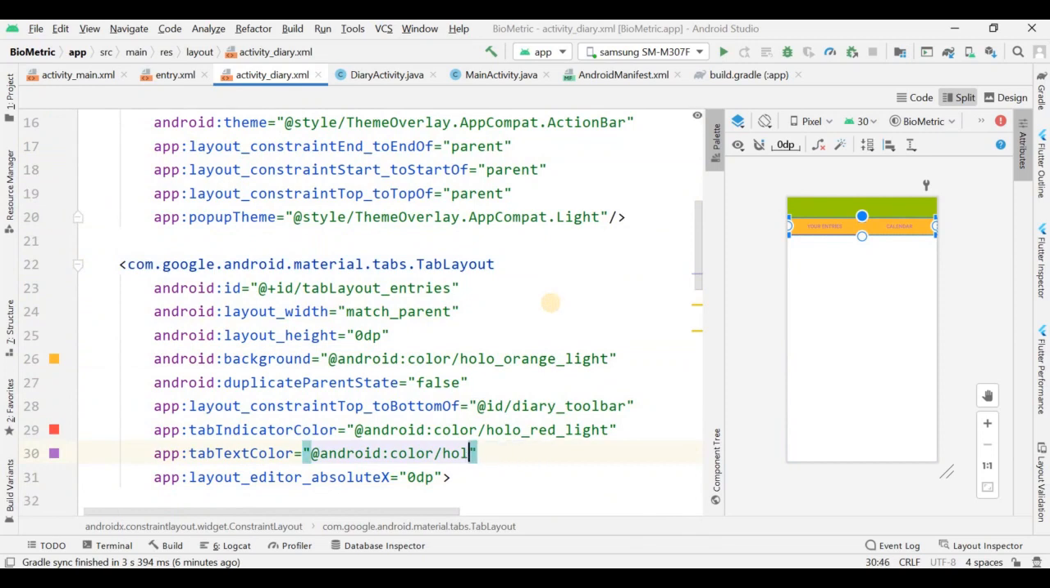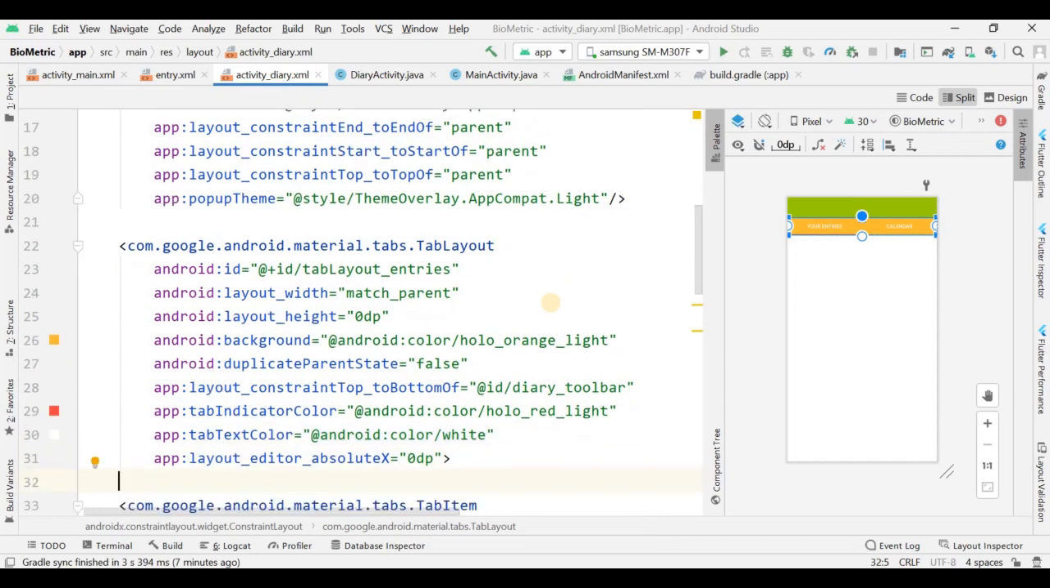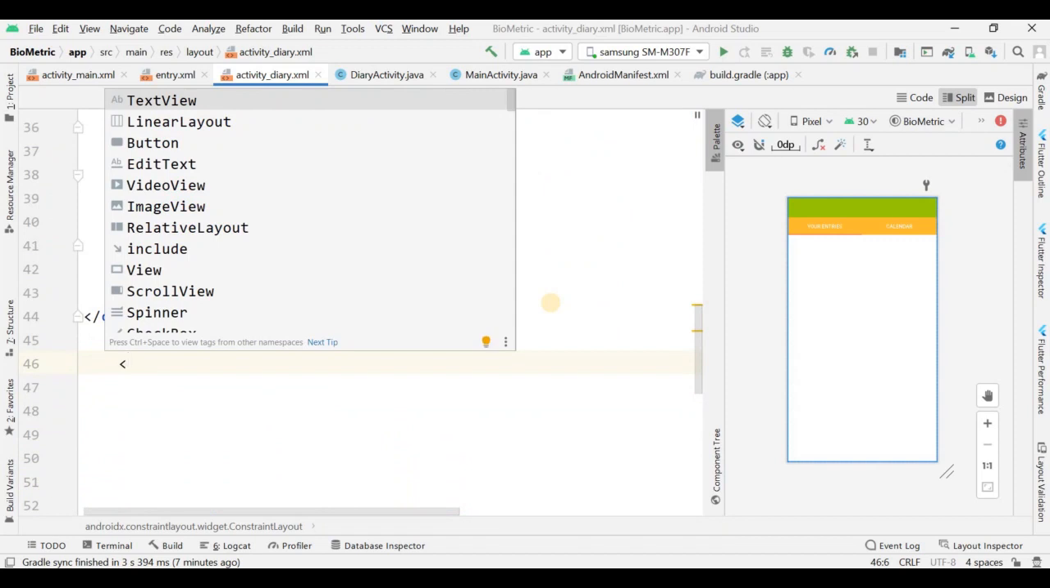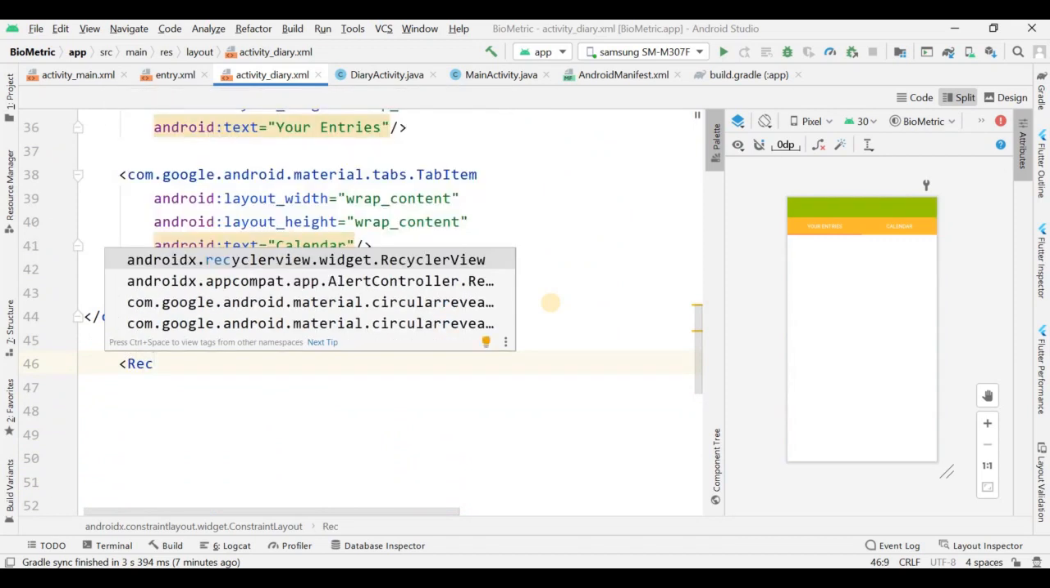Nothing wrong. Now let me try to change this color to white. Okay, perfectly fine, it's looking good. And now after this tab layout, what we have to add,